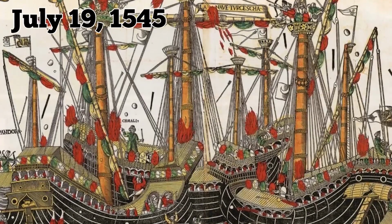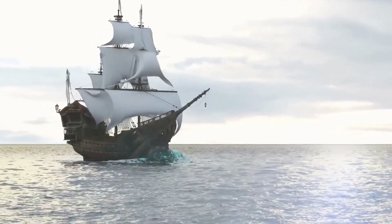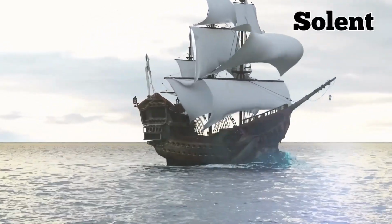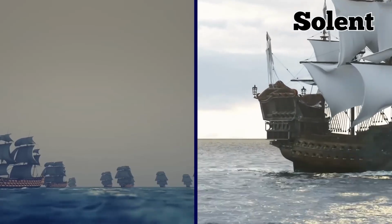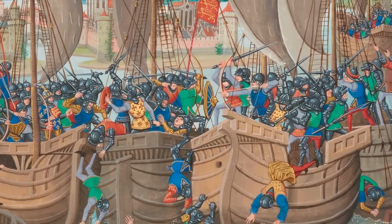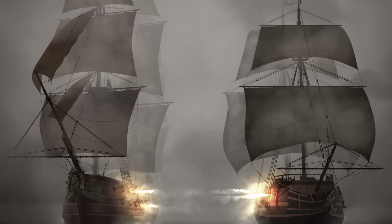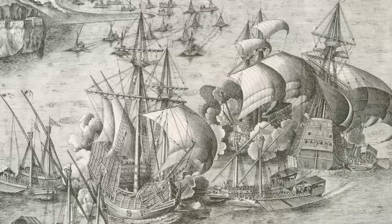On July 19, 1545, the Mary Rose met her fate. It was sailing in the Solent, a channel near Portsmouth, when it encountered a large French fleet. Henry watched from the shore as his ship prepared for battle. The Mary Rose fired its guns at the enemy and tried to turn around, but during all this, something went